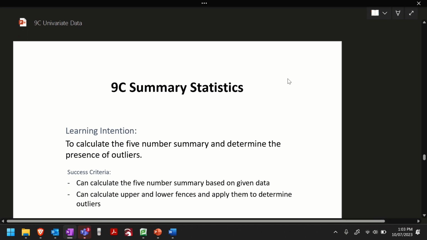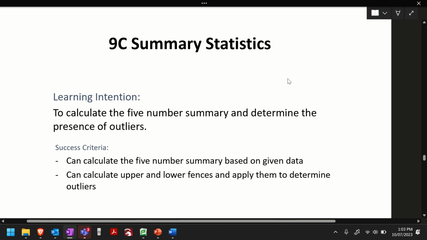All right, today we're going to look into summary statistics. In this topic of data, we've been learning about mean, median, and mode. We've been learning about types of data. There's two types. Does anyone remember the two types of data? One is categorical. Numerical. Okay, what are the subtypes within those two?